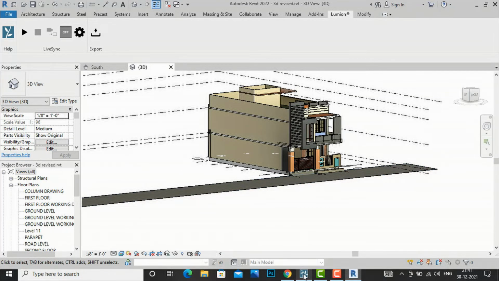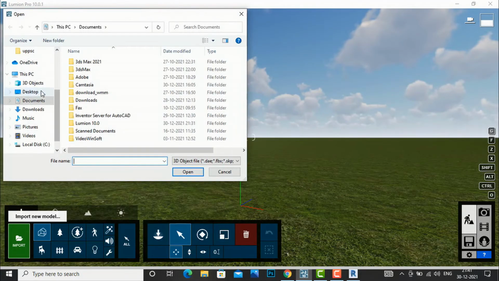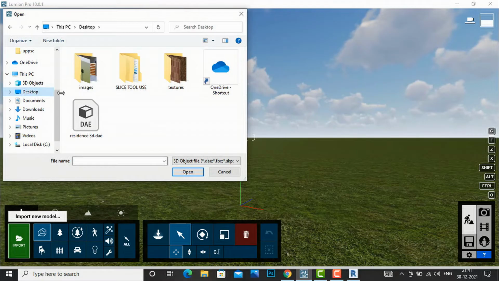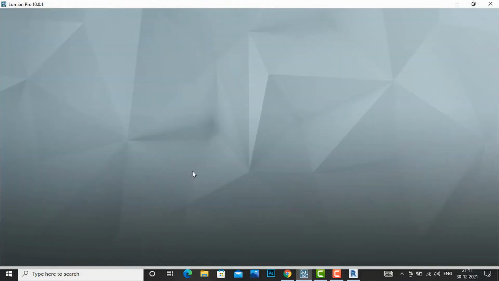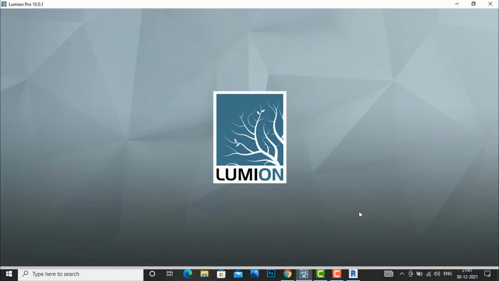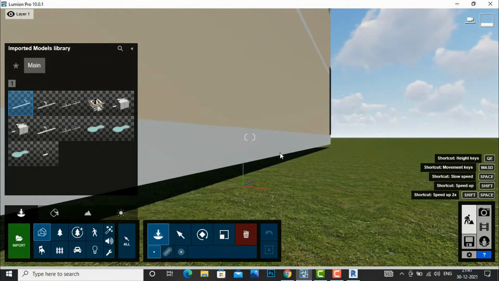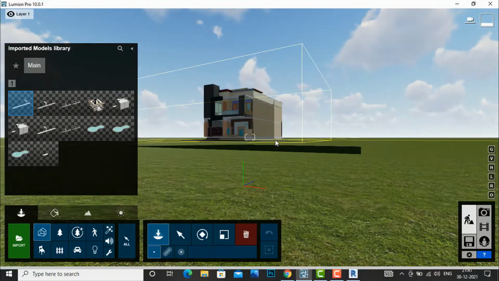After that I will go to my Lumion, and now you will click here, import new model, and I have saved it on the desktop. You can find it here. This is the Collada file, Residence 3D. So I will click here and open it. After that you can rename your model if you want to. I will keep the same, and now it is importing in Lumion, and you can place it anywhere with this yellow symbol,